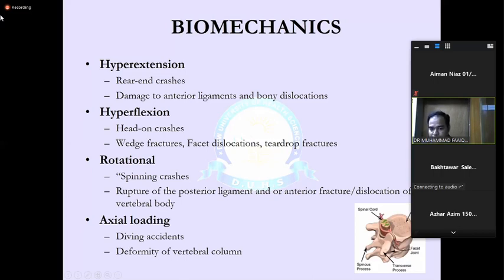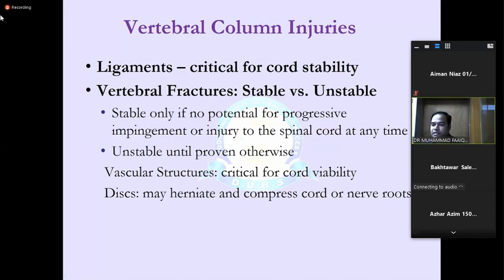If the patient has spinal cord injury, and because of this injury the patient has some sort of deficit, for example, power 4 by 5 in the upper limb. But after some time, it becomes 3 by 5. It is worsening. After some time, it becomes 2 by 5. And after one day, the power is 0 by 5. So it is an unstable sort of injury.